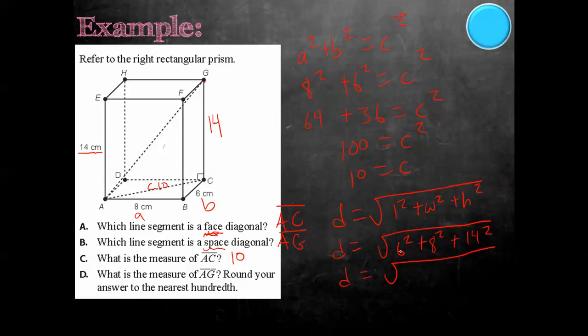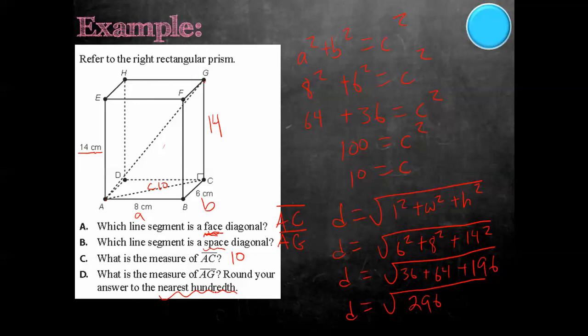So now we have 6 squared, which is 36, 8 squared, which is 64, and then 14 squared, which is 196. So that's going to give us the square root of 296. And then here it says round your answer to the nearest hundredth. So we're going to take 296 and find the square root of that,